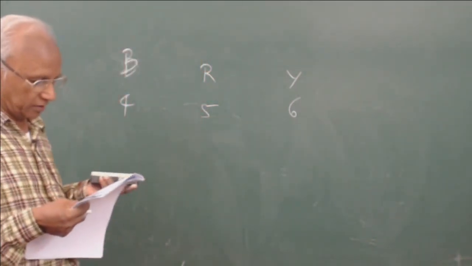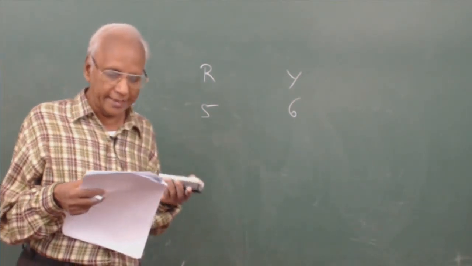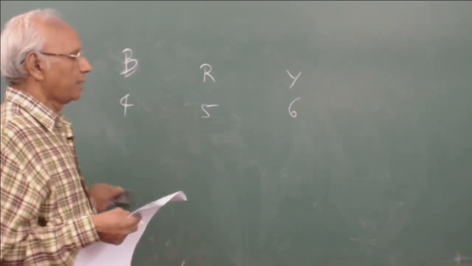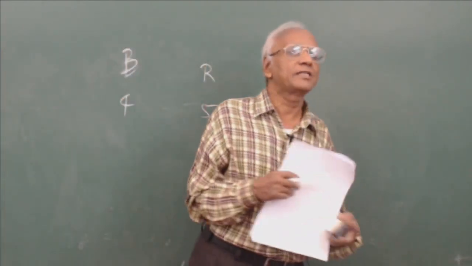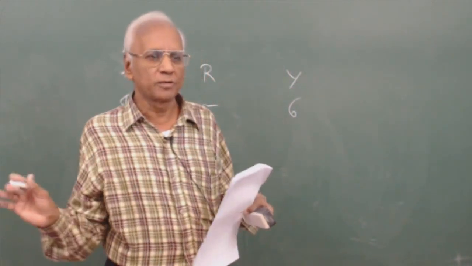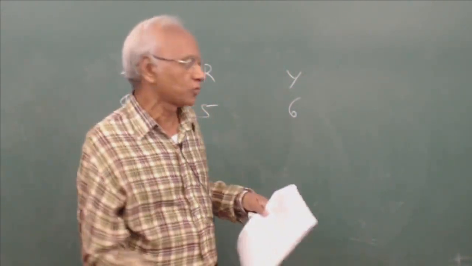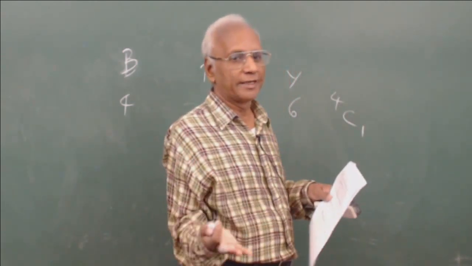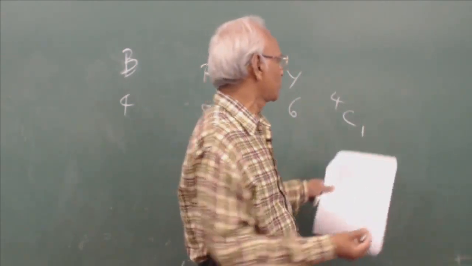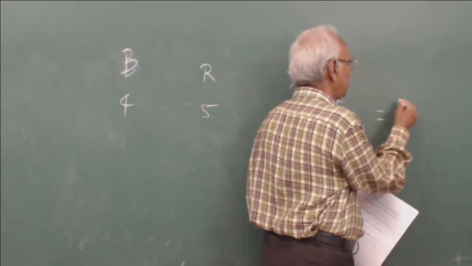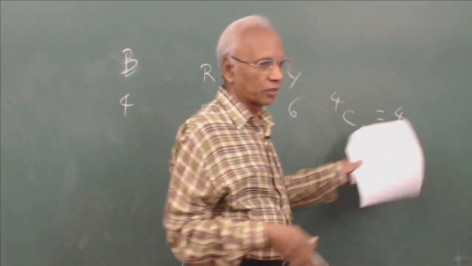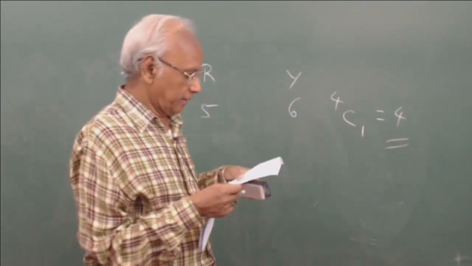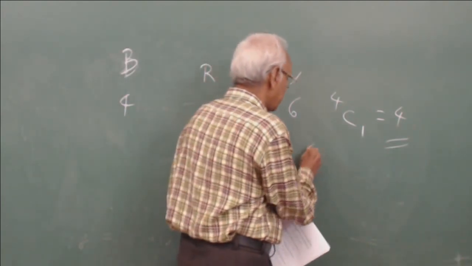Now let us do this question. 3 shirts are drawn randomly. What is the probability that exactly one of them is blue? Exactly one of them is blue means what we can do is, best thing is, what are the possibilities, what is the highest probability for one blue shirt? There are only 4 blue shirts, out of which one has to be chosen. So the probability for that is, number of ways by which one shirt can be chosen is 4C1. 4C1 is actually 4 itself. I am not going to work out individually because you are expected to know combinations. So 4C1 is 4.